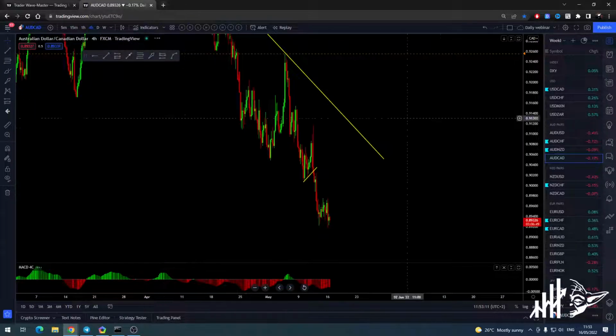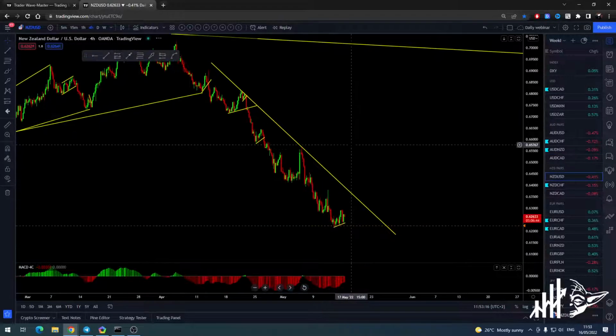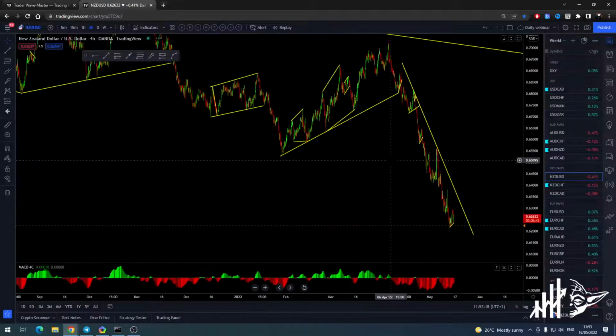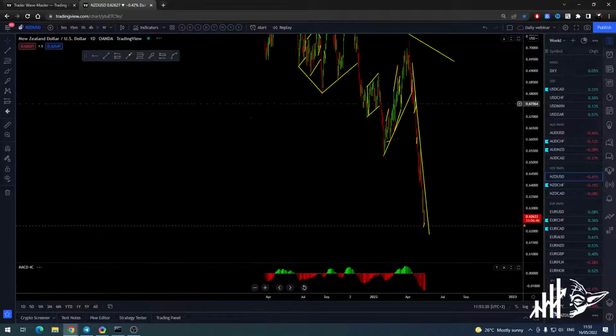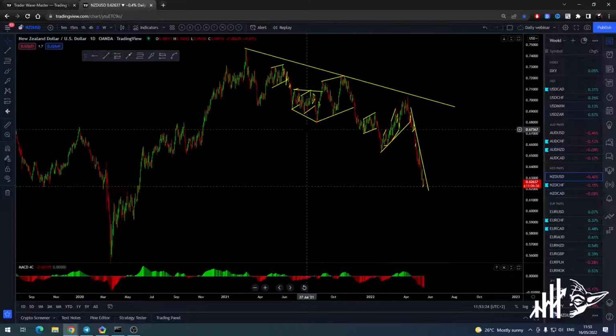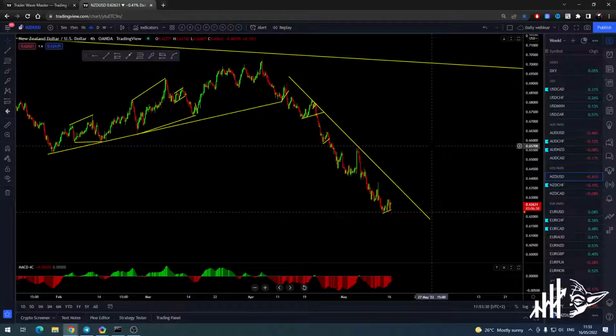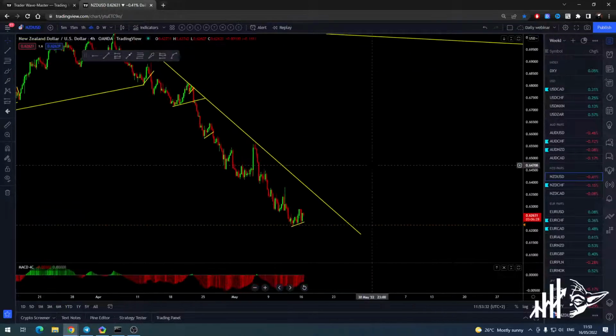So stay away from the Aussie Cat. I don't prefer trading it. New Zealand USD, same there. Okay, they are all at the bottom, so we really don't like to see you guys chasing the price over there at the bottom of the structure. It's kind of dangerous, and even a deeper correction can stop you out, or because of a deeper correction you'll have a losing trade. So don't chase it.